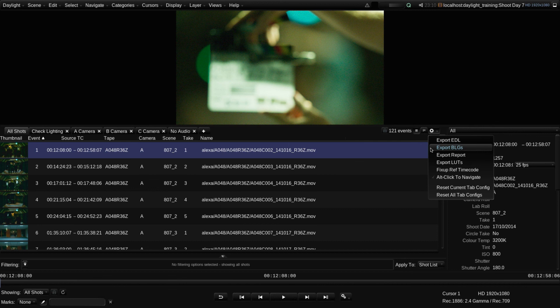These options all provide a means to support a renderless workflow, which can lead to huge savings in both time and storage space. Examples of renderless workflows using BLG files are covered in other tutorials on our website.